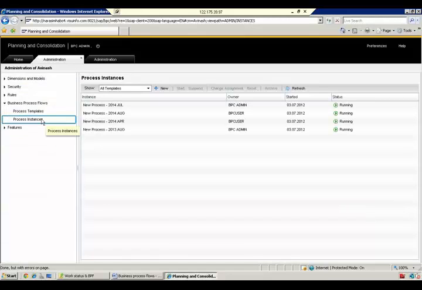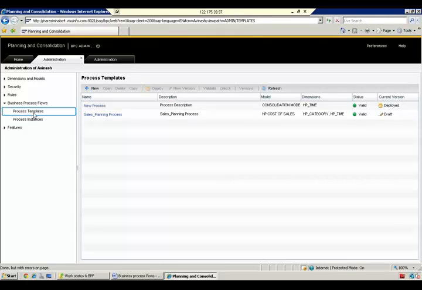So what do I do with process instance? In process instance, I basically create instances of various processes that I'm involved in, and I also assign the end user IDs. That's a very important activity. I assign the end user IDs. In other words, here